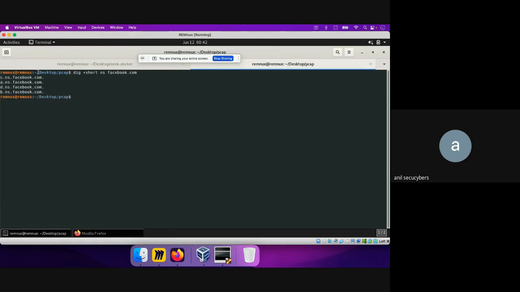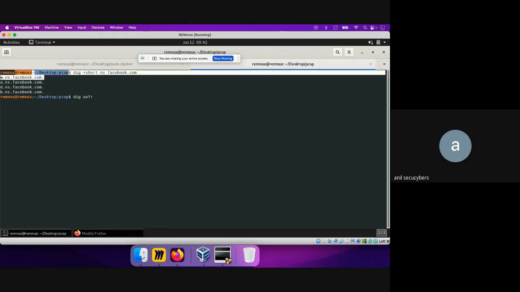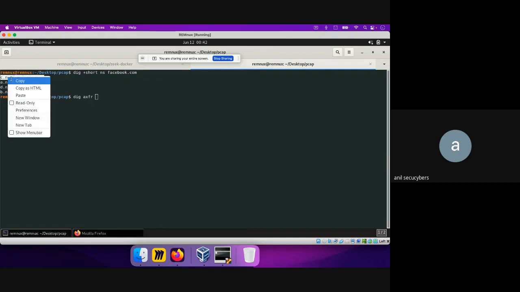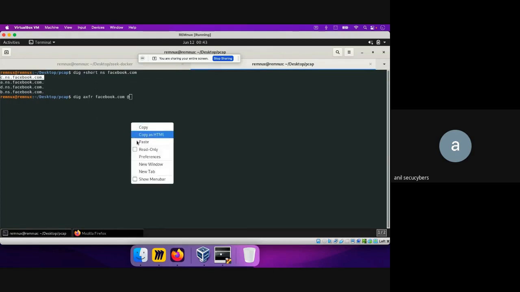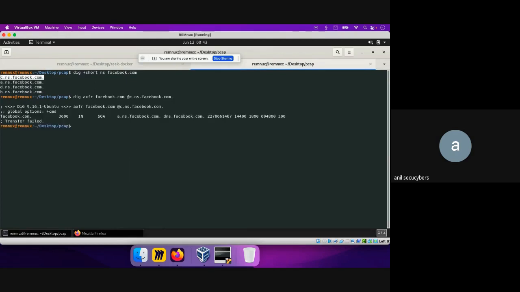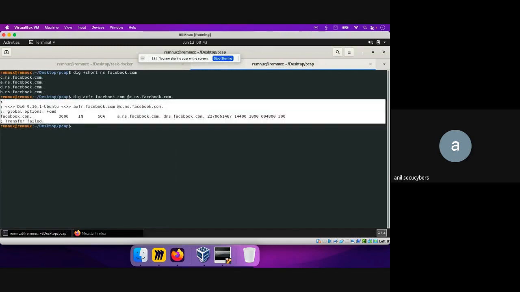facebook.com. So I got the NS server, and let me see what details it actually provides. Normally the authoritative servers will have more data, but let's see what things it provides us as a normal user. So facebook.com and @ and again the same thing, and let's see. You see what it says, the transfer failed, right? It is checking that I am not authorized to do the zone transfer, the record transfer. So it is blocking us from doing